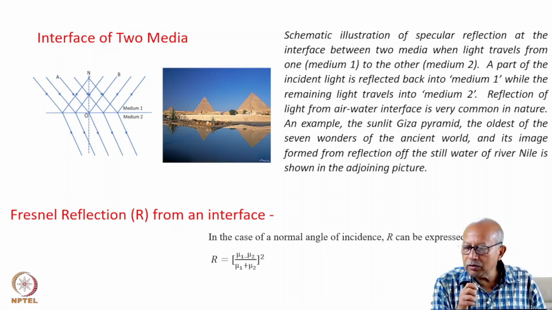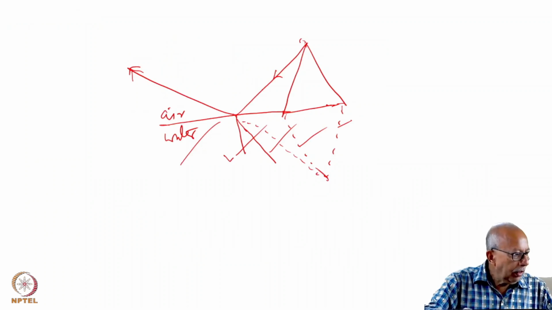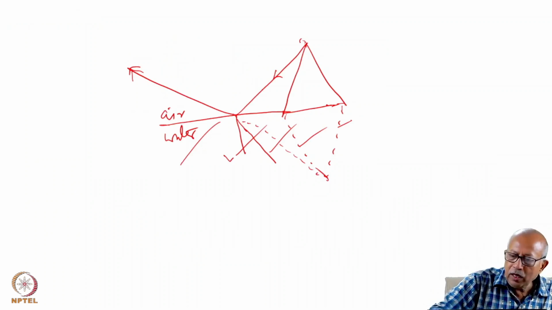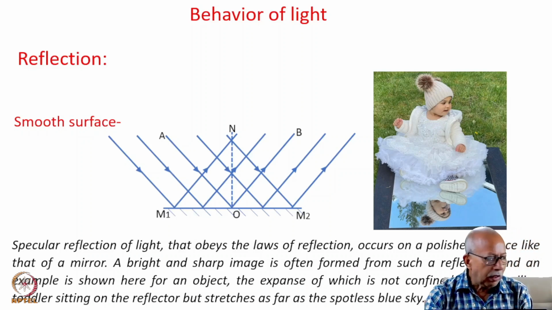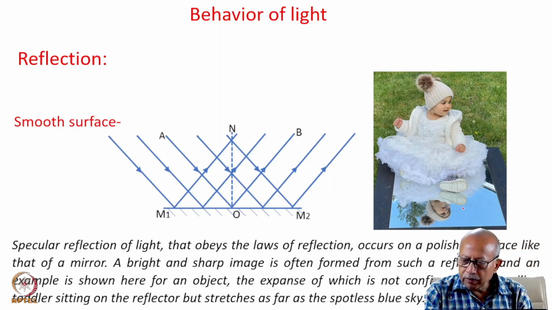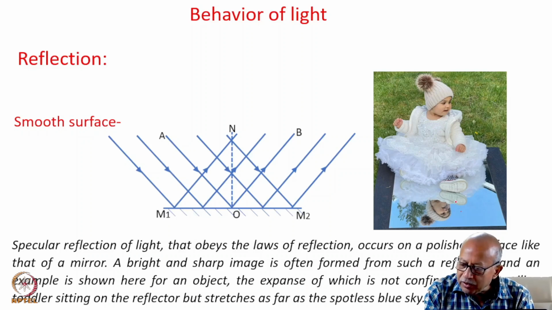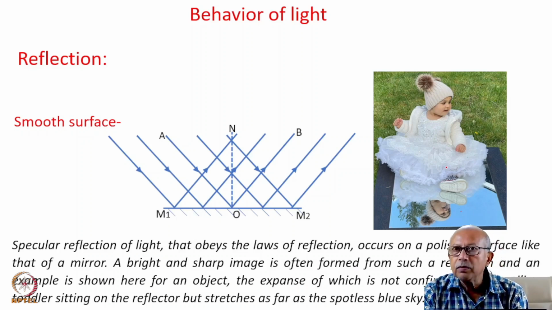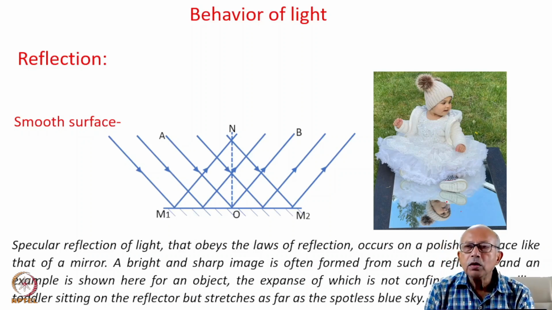In contrast, almost the entire light is reflected from the surface of a mirror or polished metal. The image can therefore be just as bright as the object, as you can clearly see in this picture, which is formed as a reflection of light on a polished surface like a mirror.